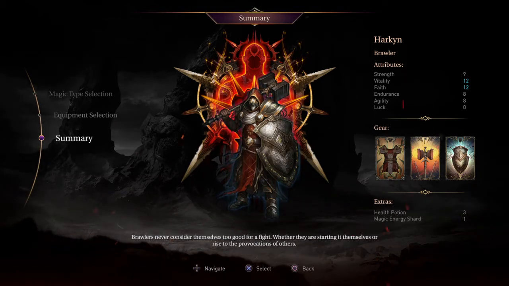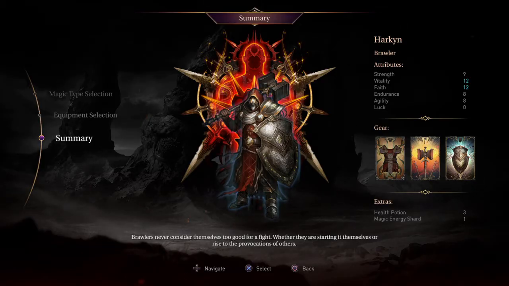Now, each combination of things you choose will have its own different name. Like I said earlier, I was a raider, which is stealth spells and the warrior armor set. So brawlers never consider themselves too good for a fight, whether they are starting it themselves or rise to the provocations of others. So we're gonna go ahead and jump into the game,